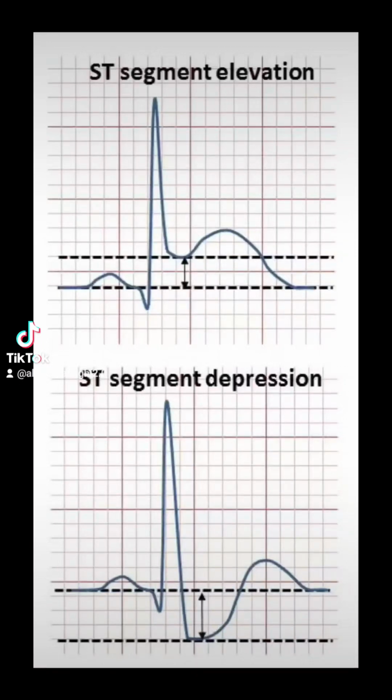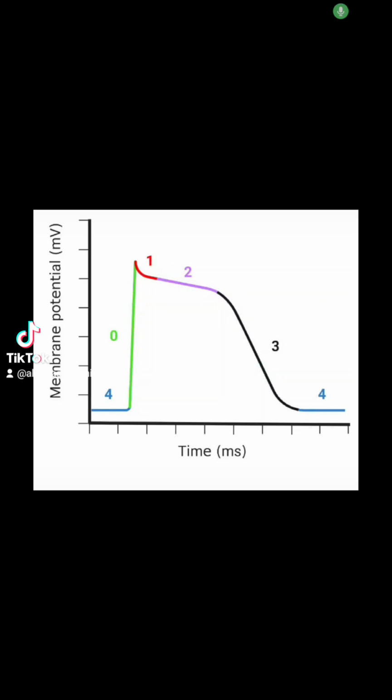Acute coronary syndrome, or a cardiac ischemic event, can cause ST segment elevation or depression on the ECG. But have you ever wondered why these ECG changes happen? Let's talk about it. In order to understand why ST segment elevation and depression happen, we must first have an understanding of cardiac myocytes